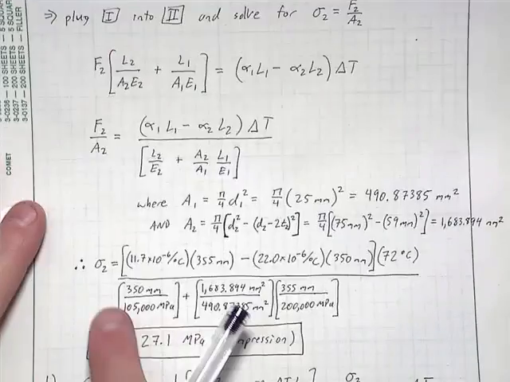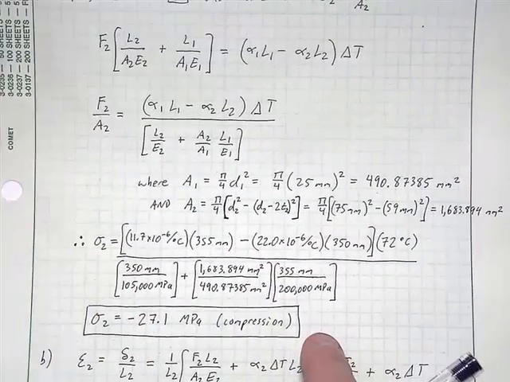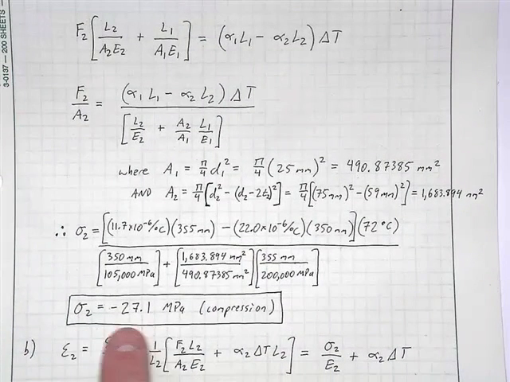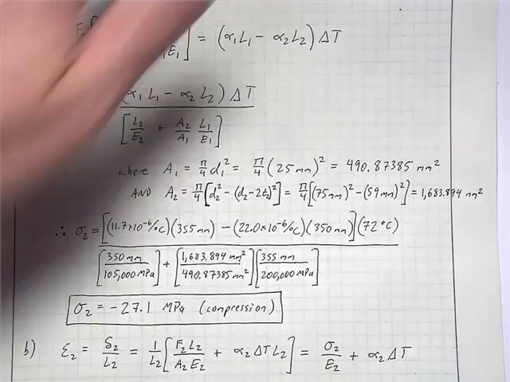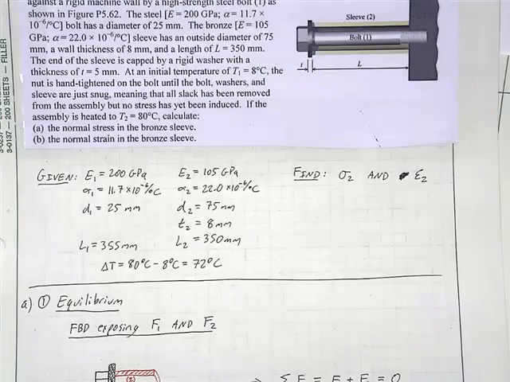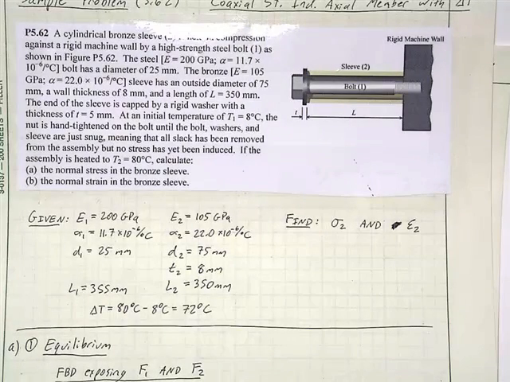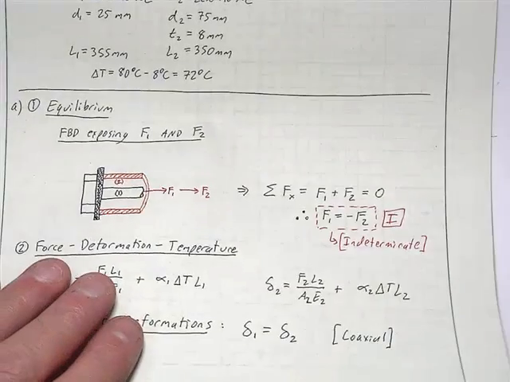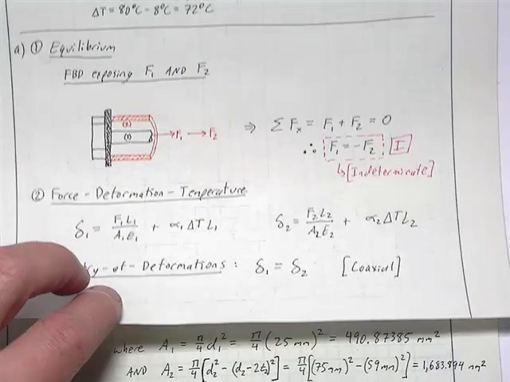All right, so at that we can then plug everything in. We get this complicated expression here. The normal stress in 2 is just minus 27.1 megapascals, so it's in compression. Does that make sense? Compression. Temperature increased. Temperature increased in 2. Well, actually, we might not be able to have an intuition about this,